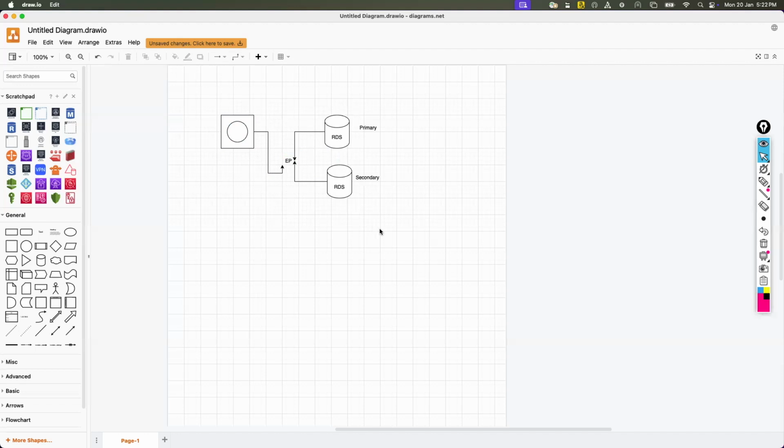So to answer this query, in case this primary goes down, this endpoint will automatically transfer the load to the secondary, and the secondary will become the primary. So that is the perfect example of high availability, right? Because for your application, the application doesn't care which node is running. It is only connecting to a common endpoint, and the endpoint will route the traffic in case your primary goes down.